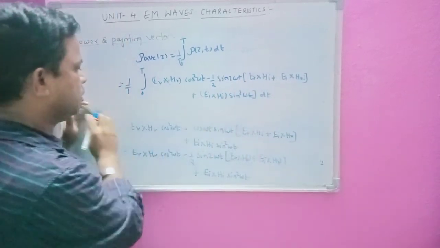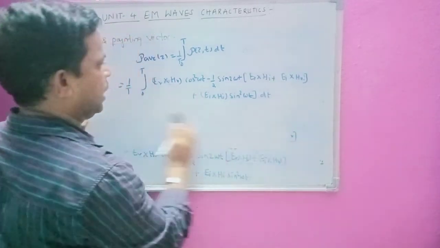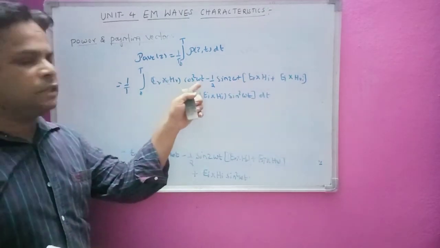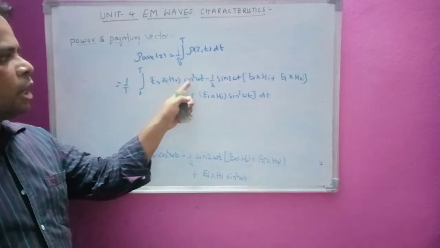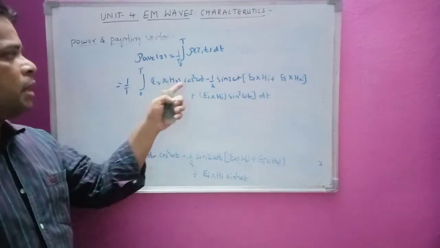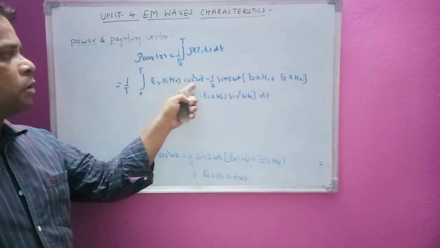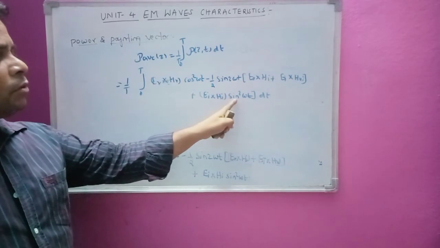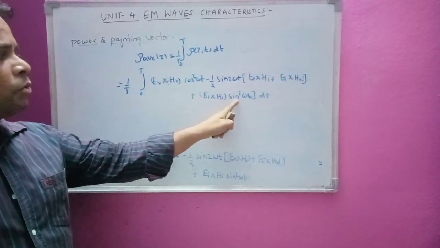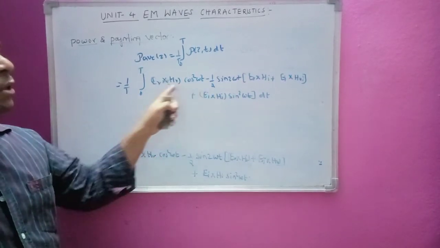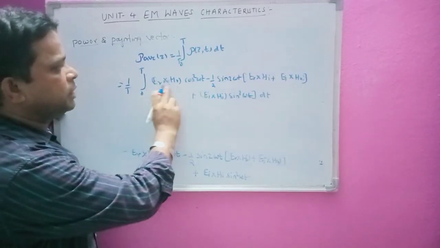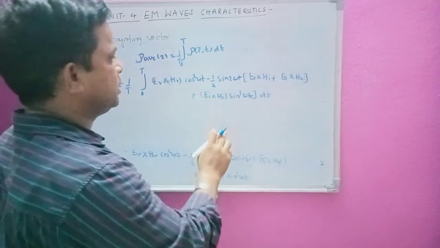Okay. Now for this equation I am going to integrate in the limit 0 to T. If I integrate this equation, I have to convert this cos square and sin square in terms of 1 plus cos 2 theta by 2 and 1 minus cos 2 theta by 2. So if I take this one, in the limits we are going to get it is 0. So that is what here we are going to get. Now let us see what happens here.